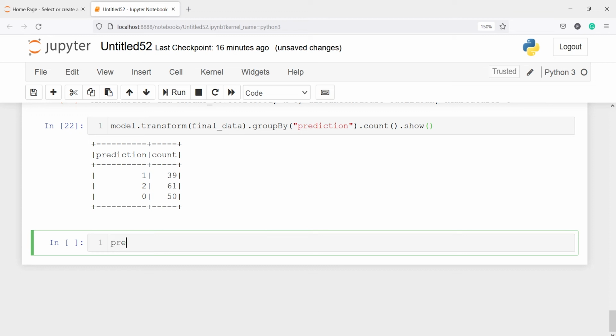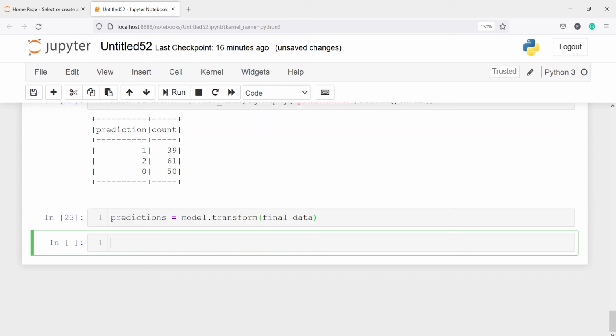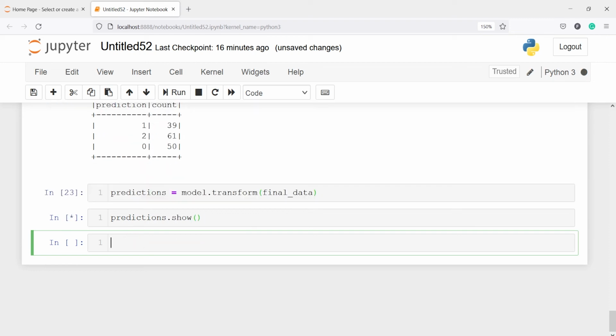I will just save the result in a new variable, predictions. I will write predictions is equal to model.transform(final_data), and I will call predictions.show.